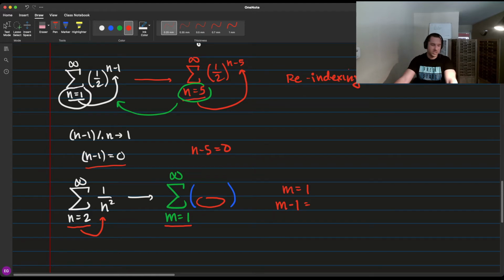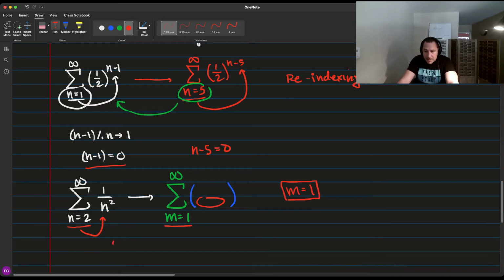Or actually, no, I'm doing that backwards. How do I want to say this? m equals 1. Okay, so if I start with 1